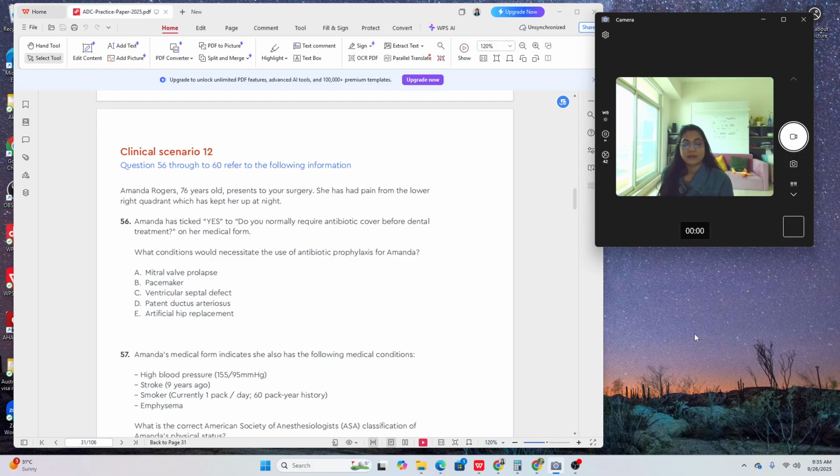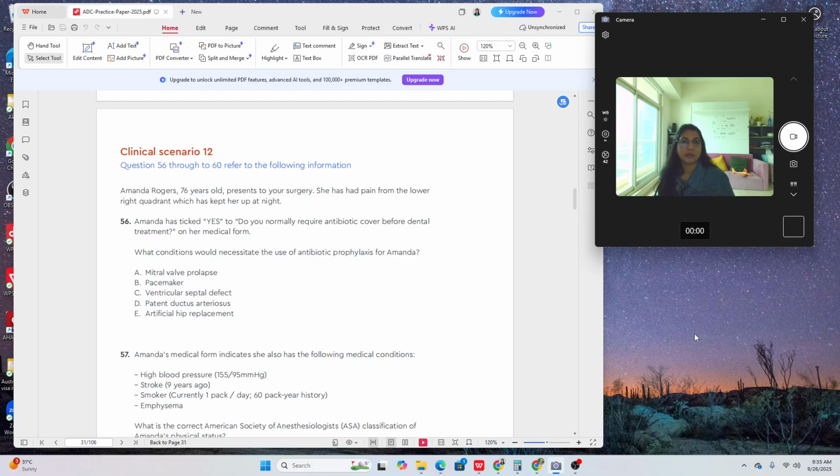Antibiotic prophylaxis is a very important question, and always one such question is asked in the exam. There can be more, but one at least is always asked. It can be related to indigenous population or infective endocarditis or whatever, but antibiotic prophylaxis is asked. What does antibiotic prophylaxis mean? It means you have to give the antibiotics to prevent development of some other condition, because either some congenital condition is present or some medical condition is present in the patient.